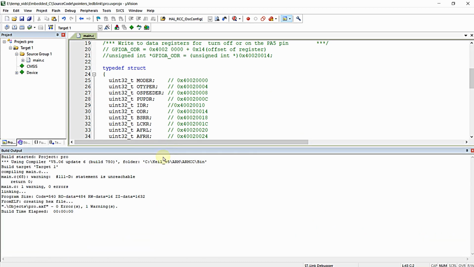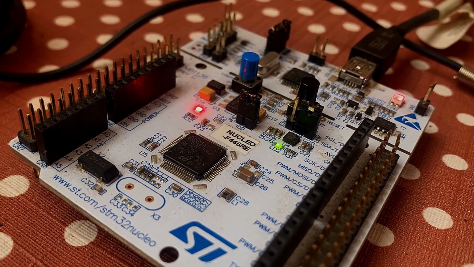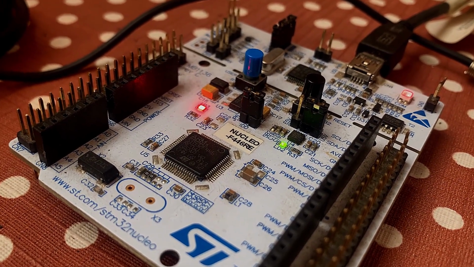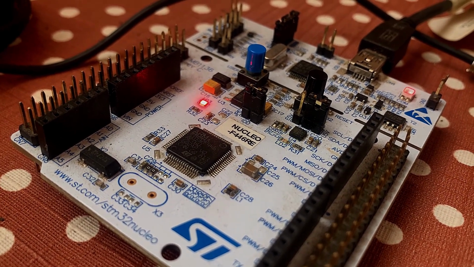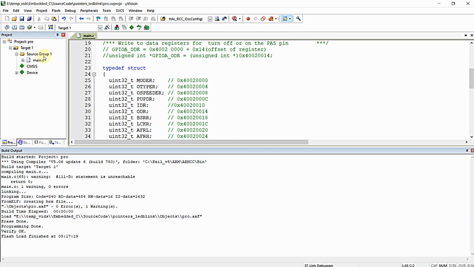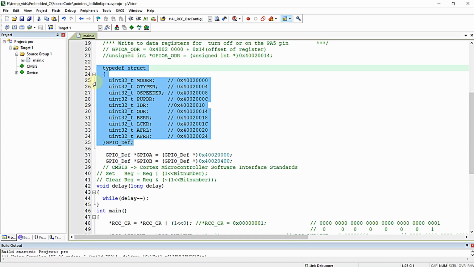I'm just connecting my STM32F446RE development board to my PC, and I'm loading the program to the microcontroller. And you can see the LED blinking in my Nucleo F446RE development board. So we successfully created peripheral structure as per universal CMSIS standard for GPIO peripheral of the microcontroller